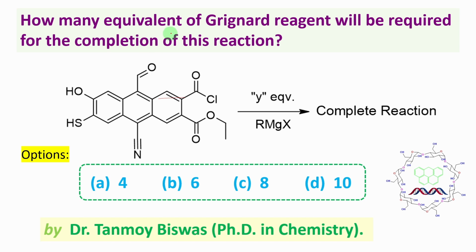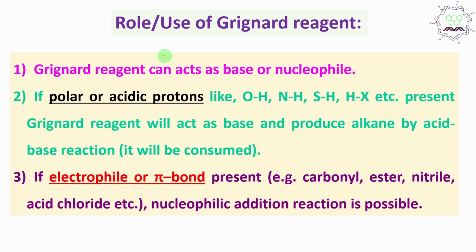Now question: how many equivalents of Grignard reagent will be required for the completion of this reaction? By the way, lots of functional groups are present. With them, how does Grignard reagent react, and how many equivalents of Grignard reagent are needed for one equivalent of that group? So everything we are going to learn in this video, but before going to the main topic, a little bit about